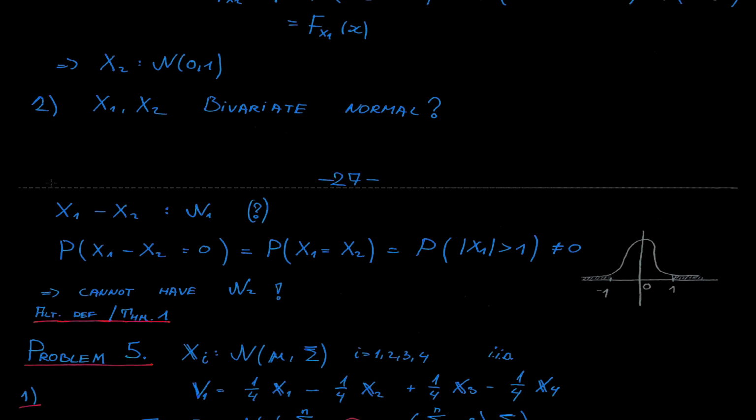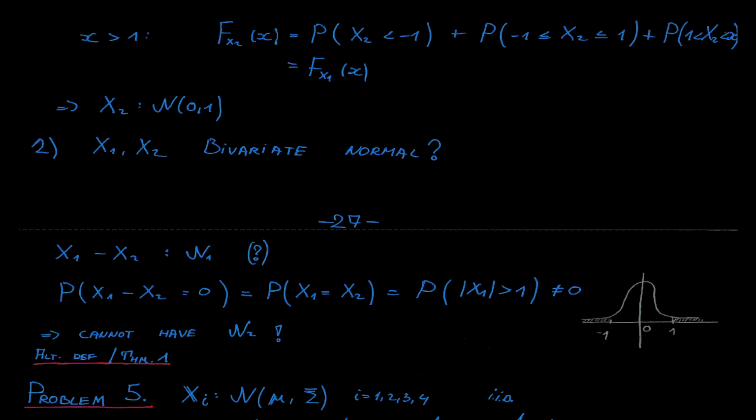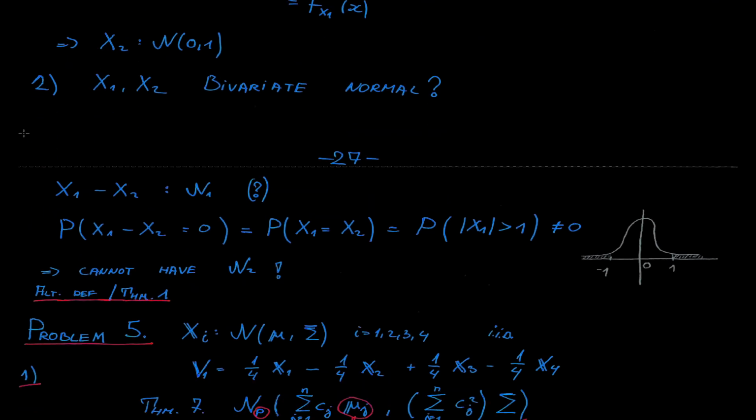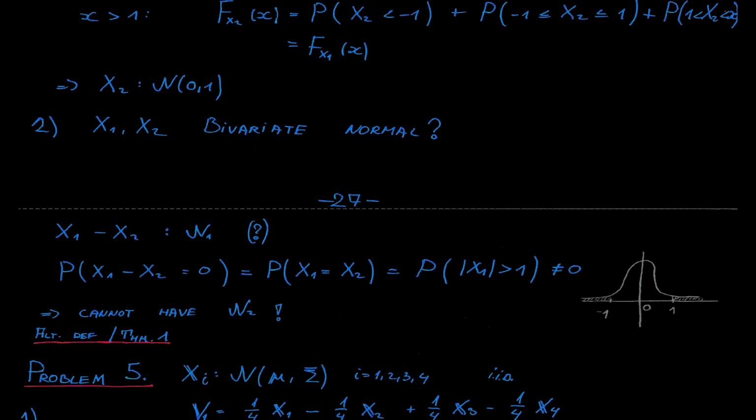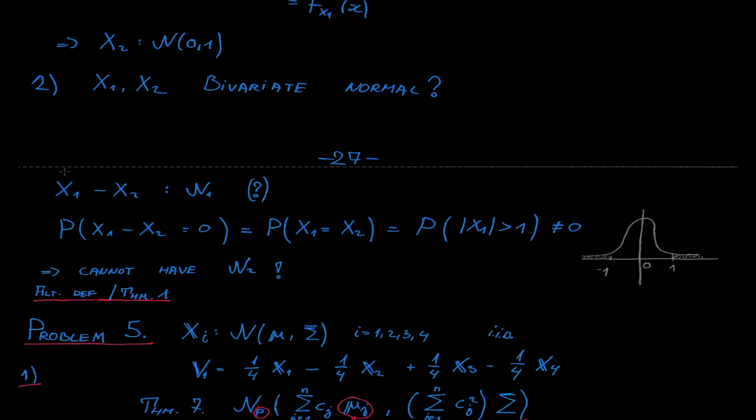So let's, for example, check this difference. You can take any difference or anything similar. It might be a little bit more complicated, but you would still get the same result. But let's take this one, x1 minus x2. Does it have univariate normal distribution? If x1 minus x2 has a univariate normal distribution, then we know that x1 minus x2 equal to